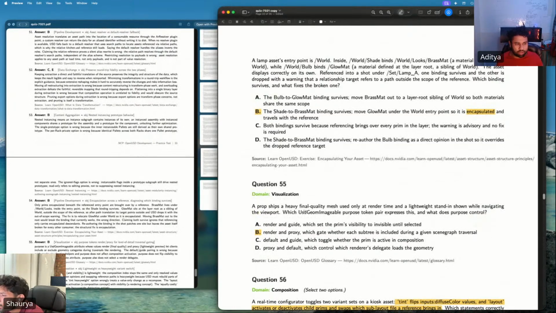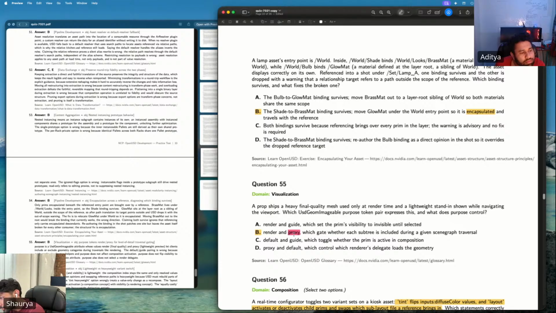A prop ships a heavy final quality mesh used only at render time and a lightweight stand-in shown while navigating a viewport. Which USD geoimageable purpose token pair expresses this, and what does the purpose control? Render and proxy. I was getting confused between render and guide and render and proxy.